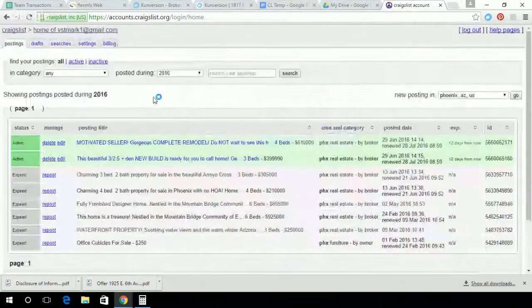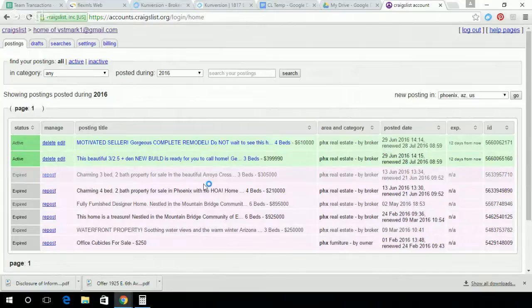Ultimately, the goal is to get as many of these to show up on page 1 and page 2 as you can, okay? So the way it works is day 1 you post 10, day 2 you post 10, day 3 you post 10. Now you have 30 ads on Craigslist. But on day 3 you can also renew day 1's ads. That renews and refreshes them, so it almost makes it look like you have 40 new ads in there because it brings those old ones to the top.